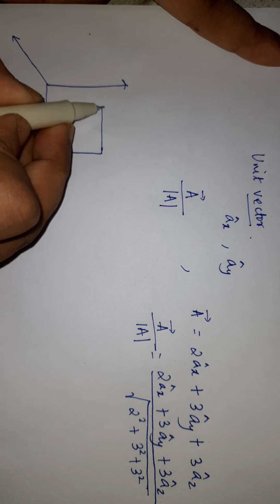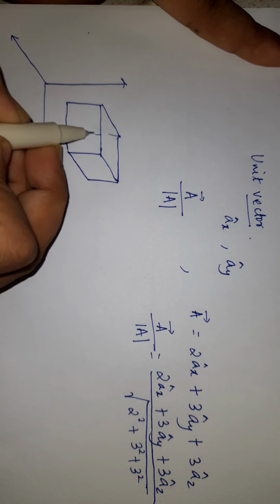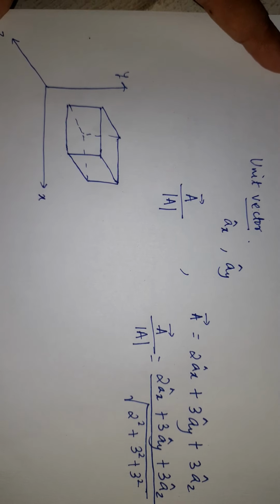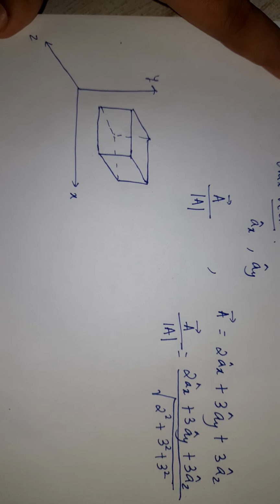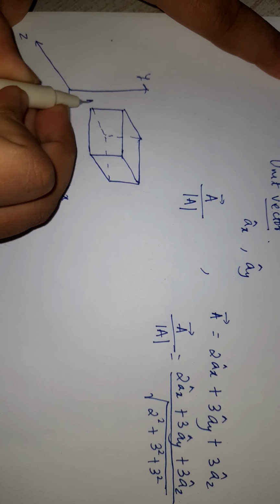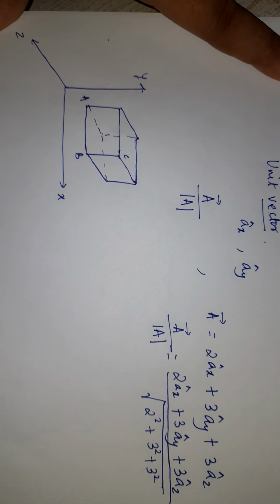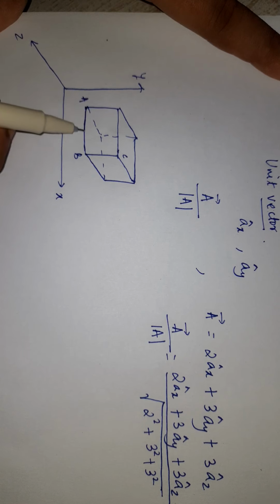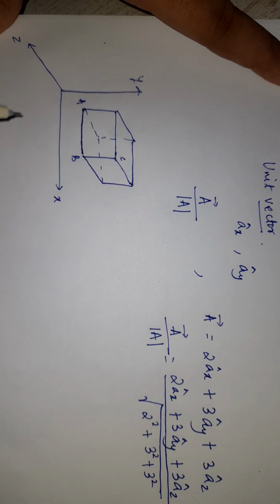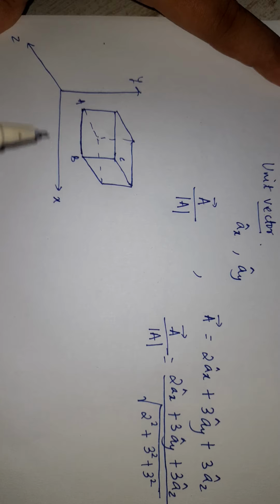Okay, something like this. Well, you can see this cuboid. Supposing I have to travel from one end of the diagonal to the other end of the diagonal. Then you can see I have to travel AB, that is along x direction. I have to travel BC, that is along y direction. But in this case, all the coordinates are not being covered. Let me cover Z also.